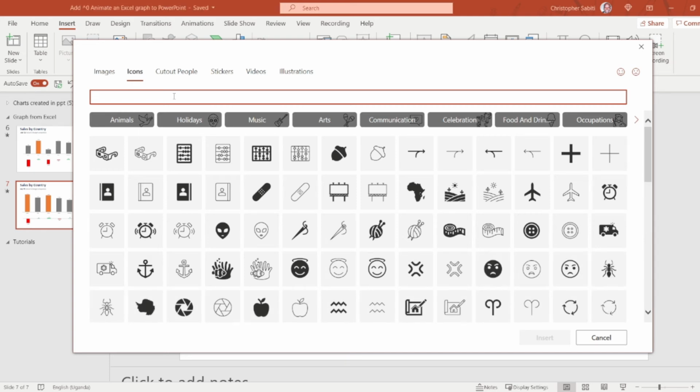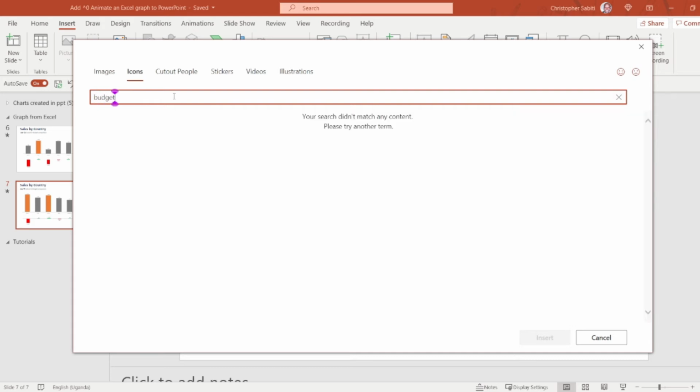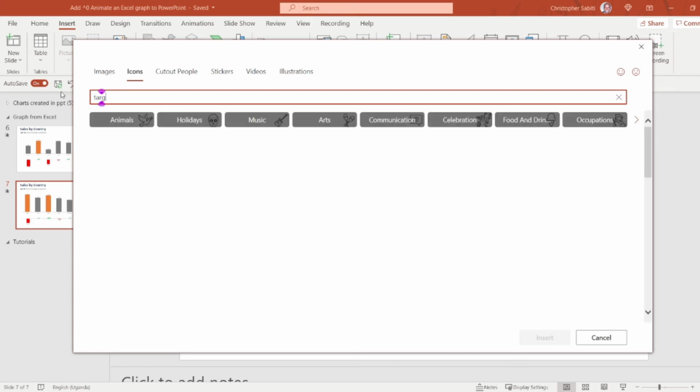Download them from the internet, and you'll have to include them in your presentation. So now here I can say maybe I can put budget, since I'm looking at budget, I can put anyone, and you'll have to search for it. If it doesn't find, then we can use target.